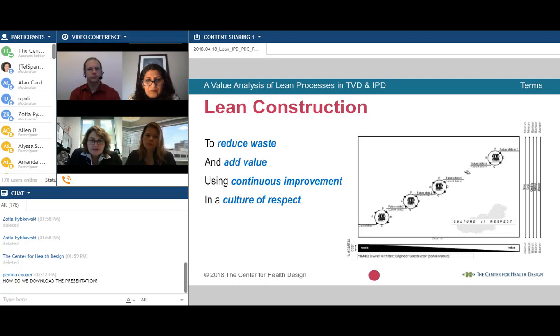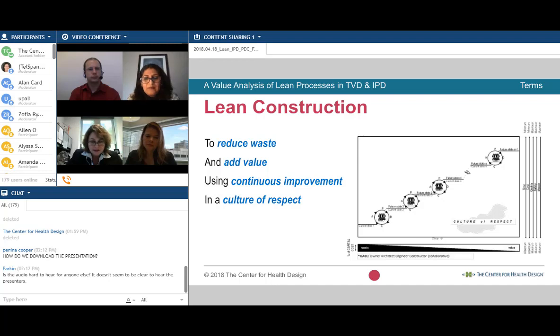There are a number of definitions of lean construction, and the one that I tend to like a great deal includes not just reducing waste and adding value, which are obviously very critical to lean. Many of you may be familiar with something called lean manufacturing, but you also want to make sure you include something called continuous improvement. So it's not just simply reducing waste and adding value, but it's not a one-stop deal. You're doing this incrementally over time, and it's done in a culture of respect, which basically we say